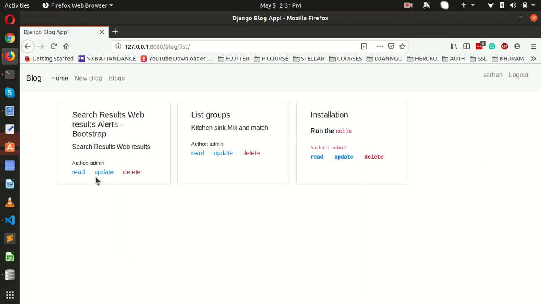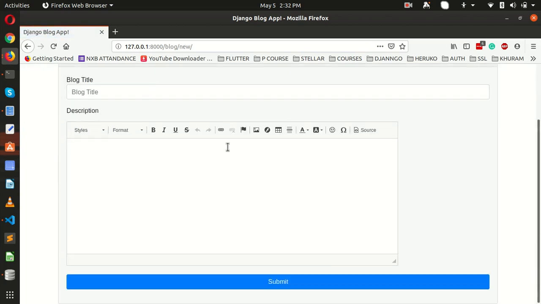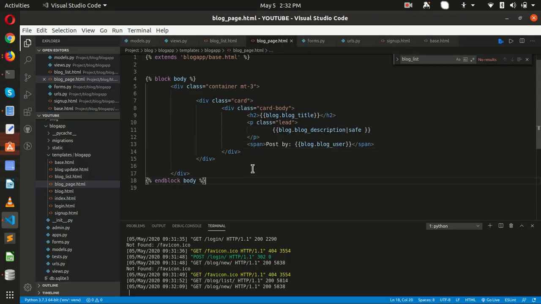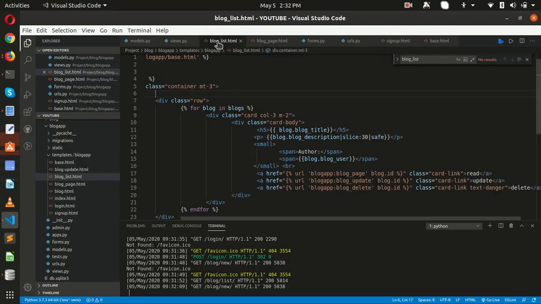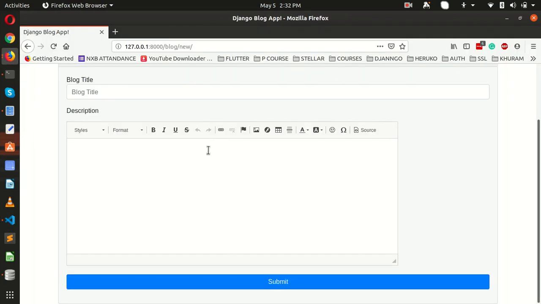If you come here and you see, we still have the functionality that we can delete others' blogs as well, but we have to remove this. Okay, and first let me add the functionality to add new blogs with the current logged in user. So for that, where is our blog page?